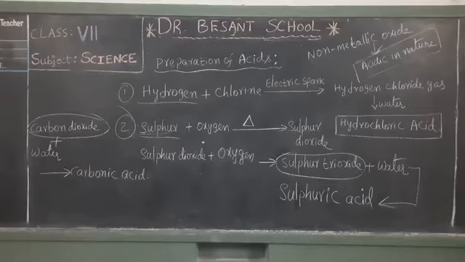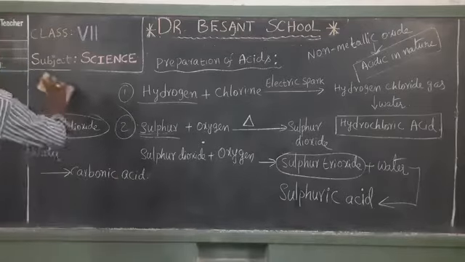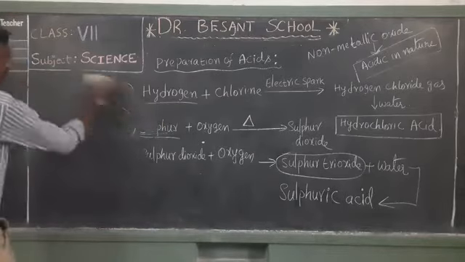Okay, my dear students. Next, I have taken one more example, a non-metallic oxide. Carbon is a non-metal. Carbon burns in the presence of oxygen to produce carbon dioxide, which is an example of a greenhouse gas. When this carbon dioxide dissolves in water, it produces carbonic acid. These are all the things that we have learnt about the preparation of acids. Now, shall we move on to the preparation of bases? Yes. Let us consider bases.